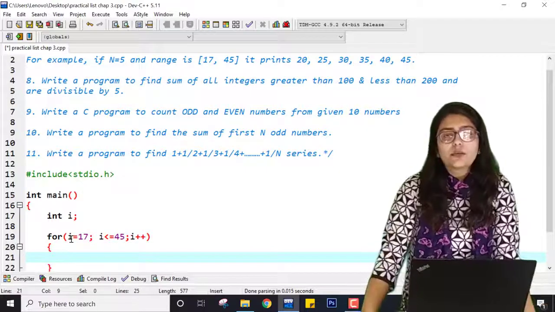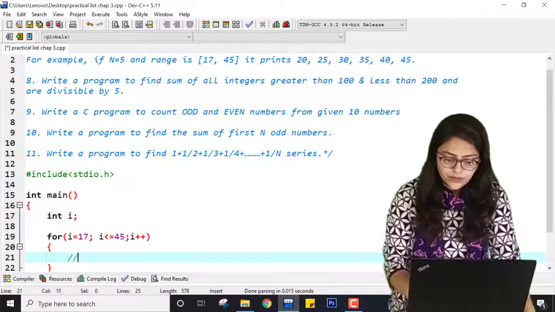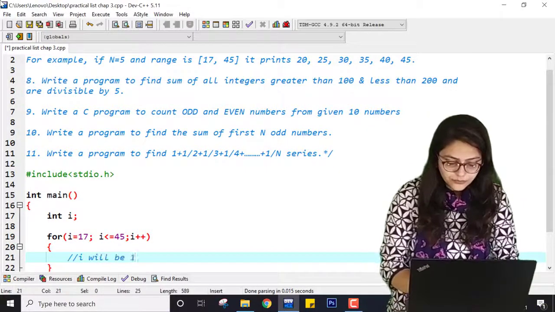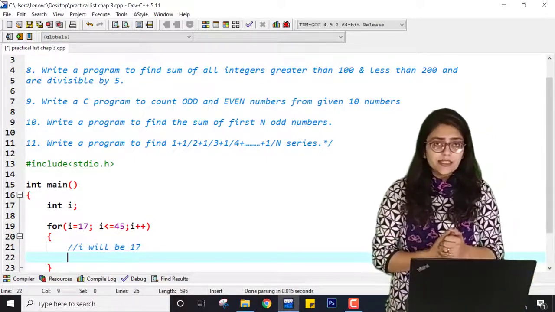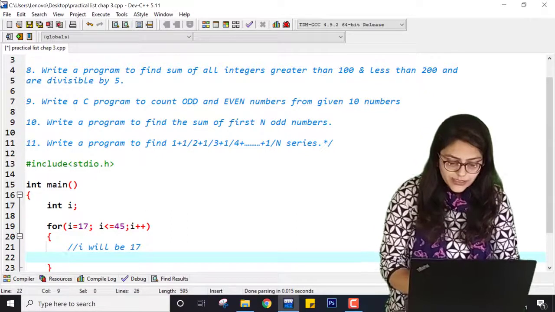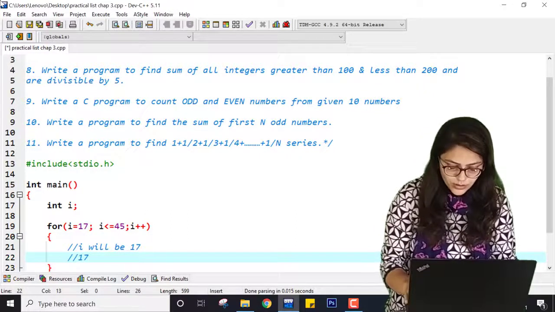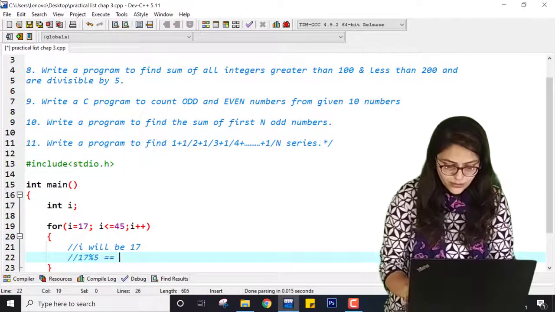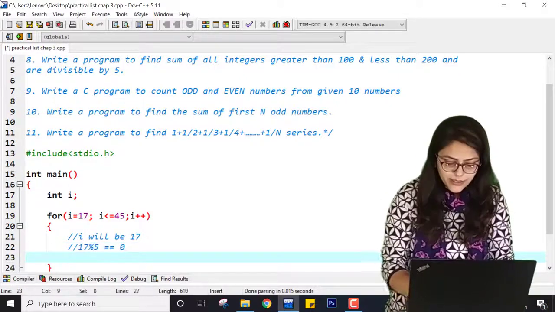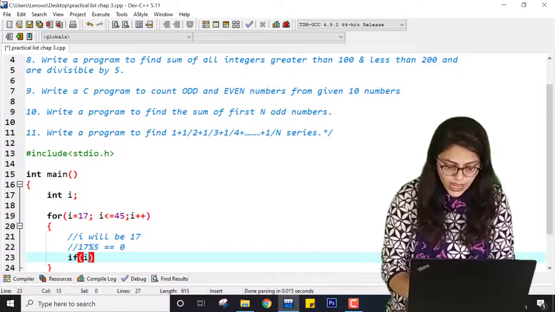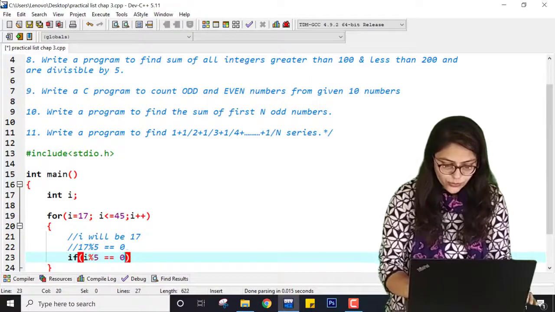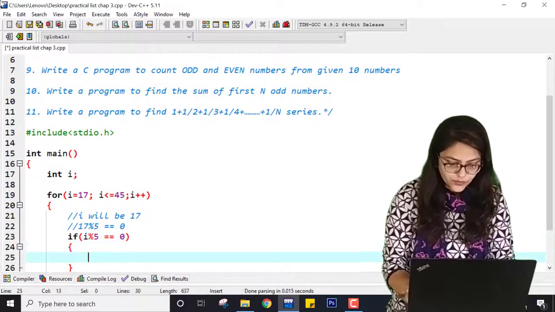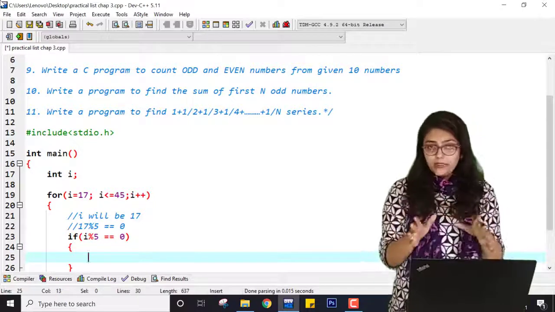Now inside this loop, what am I checking? In the first iteration, i will be 17. So how can I check if 17 is a multiple of 5? If i modulo 5 equal to 0, that means I just want to print that number, right?